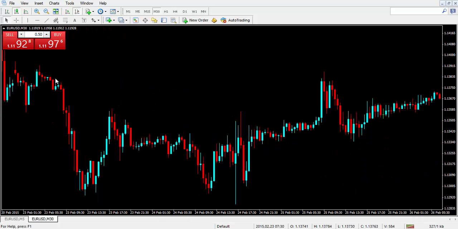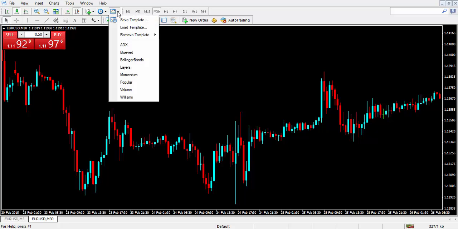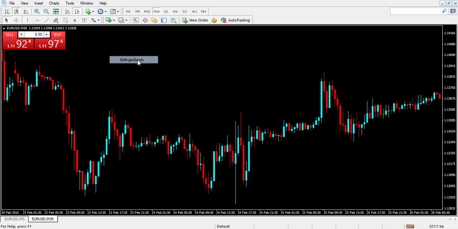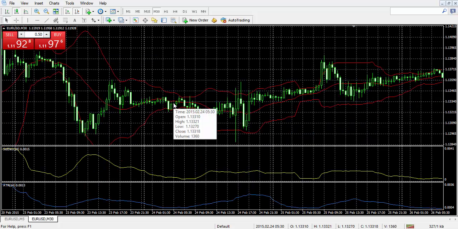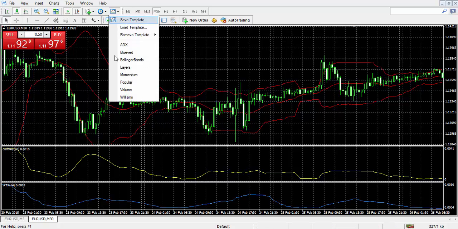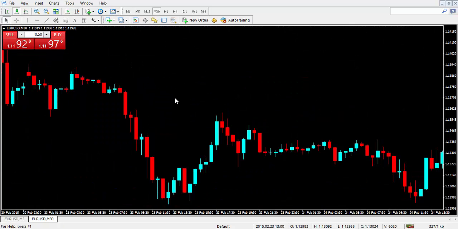Alright, and then let's see, you have that. If you want to include templates, for instance, this is a template that I created, blue-red. It's telling me that I have blue and red candles. If I want to jump to the Bollinger Bands, I can click on that, and then you see the Bollinger Bands. But if I don't want to do that, I want to see my blue and red, I click on that, and it takes out all the Bollinger Bands and the bottom